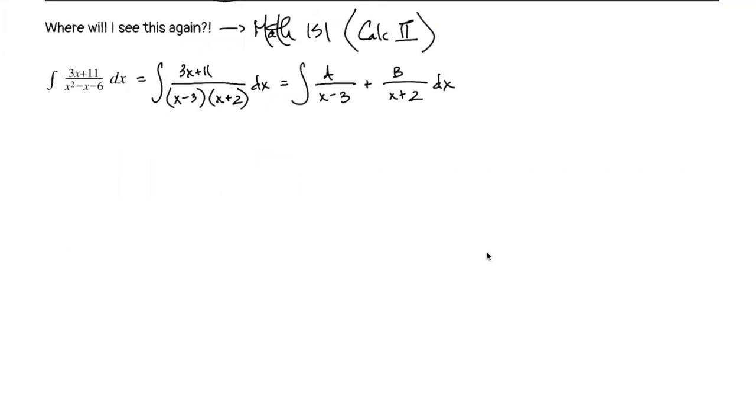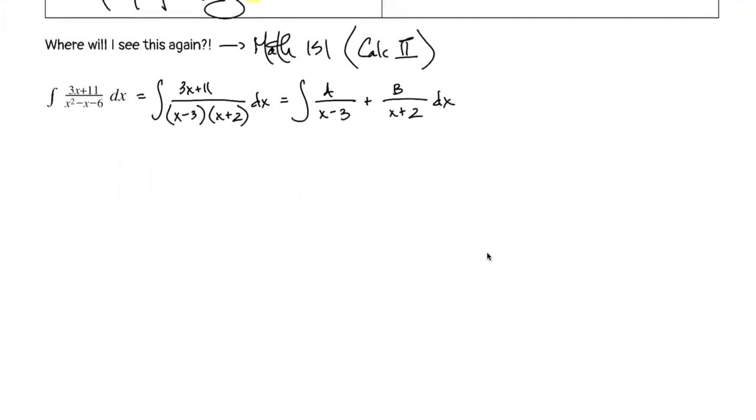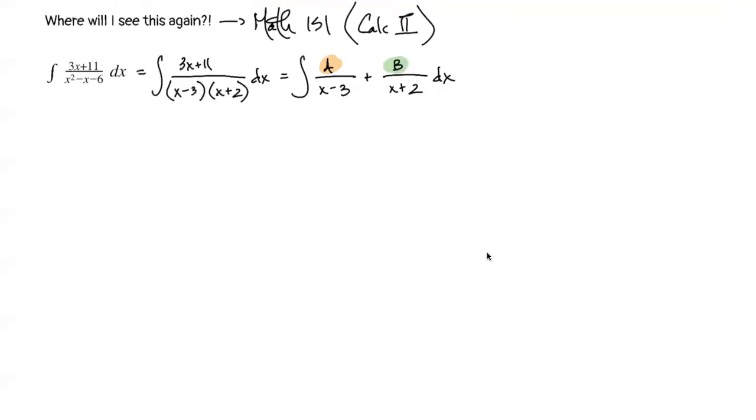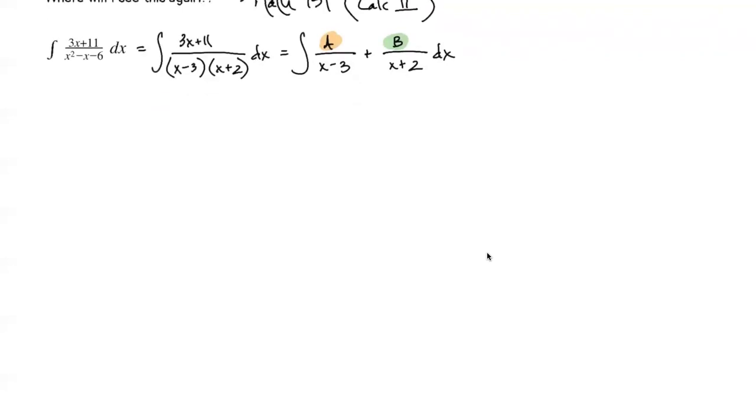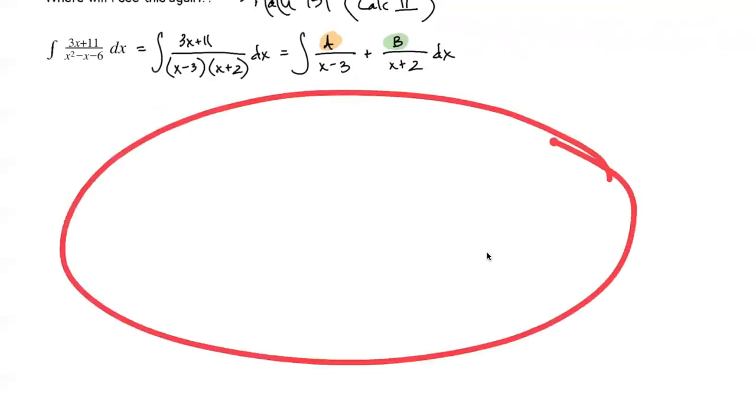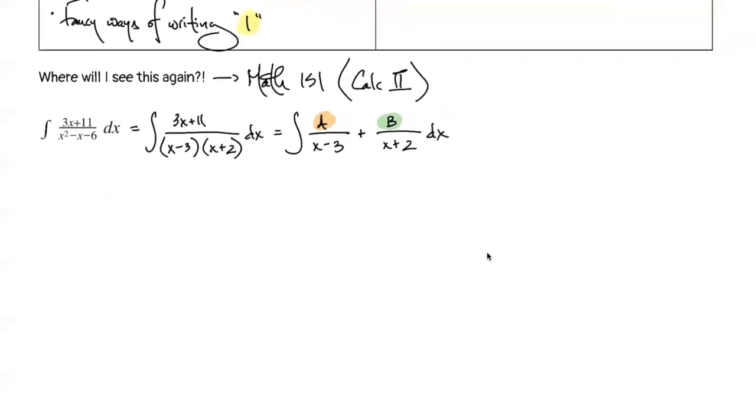Now, how do we find the A and B values? That is really our goal, okay? So finding this A and finding this B is going to be what we're focusing on in our class, okay? If we have time, we can come back and work through the entire problem, but I just want to set the stage that our goal is to get to something like this so that we can have